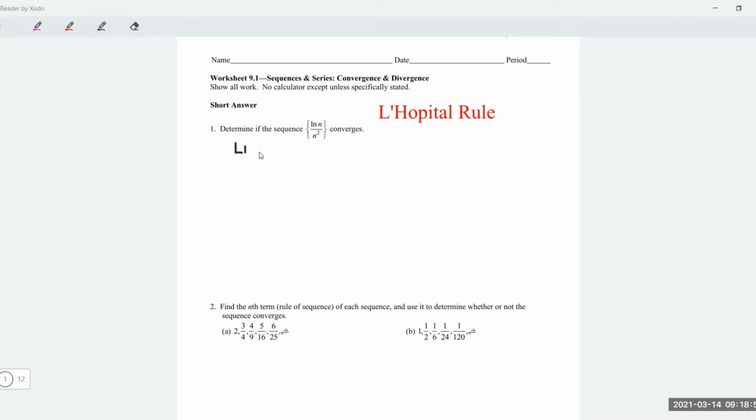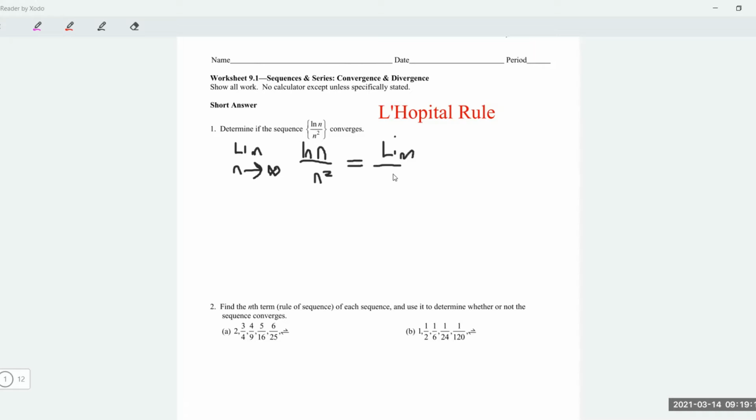So using L'Hopital, we can say the limit as n approaches infinity of ln n over n squared is going to be equal to the limit